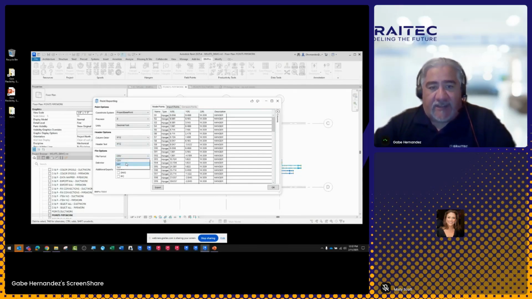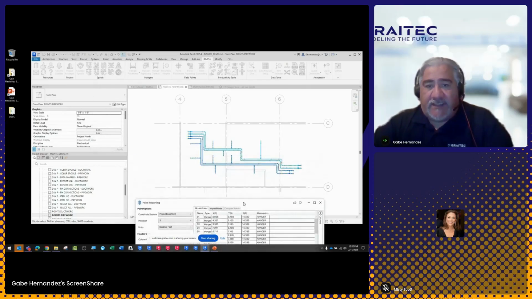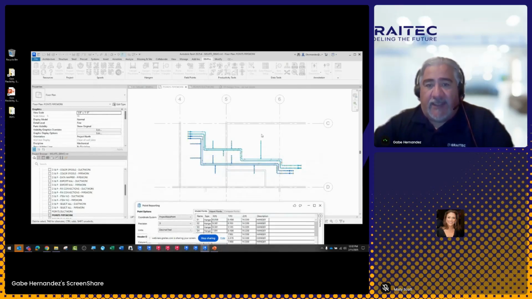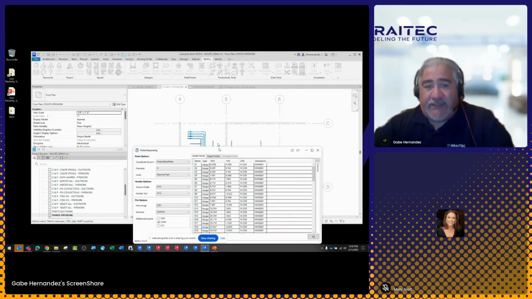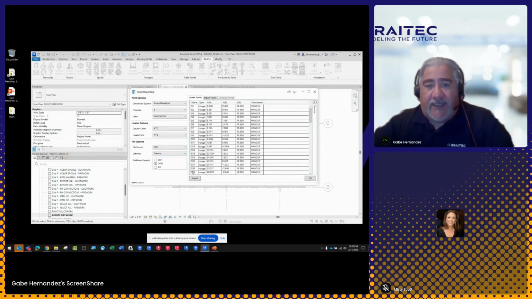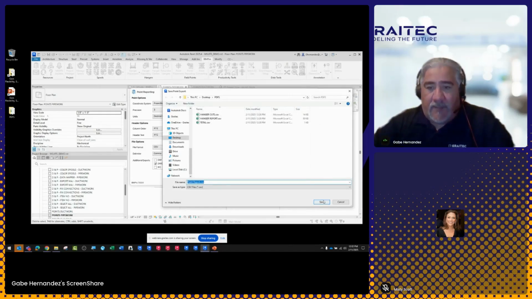And then I can export this to CSV, DAT file, or a TXT format, and I could even include a DWG. Now, when you include the DWG, what you see is what you get. So you need to be in a floor plan view in order to create the flat 2D drawing, not in 3D. So when I do this and I export out my points report,